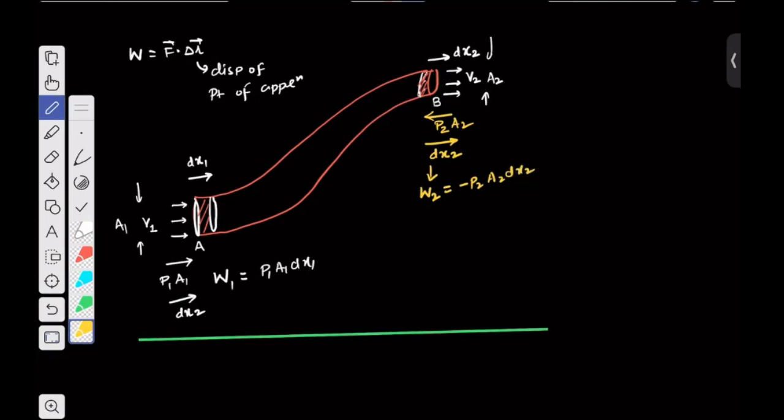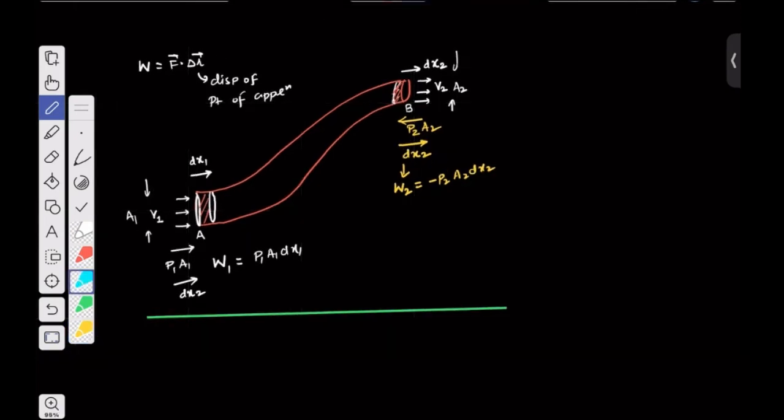So what is doing work here is the pressure forces, and the remaining is the work done by gravity. And we know the work done by gravity will be equal to the negative of the change in the gravitational potential energy. But before I tell you anything further, I'll talk about something which is steady flow. What steady flow is,